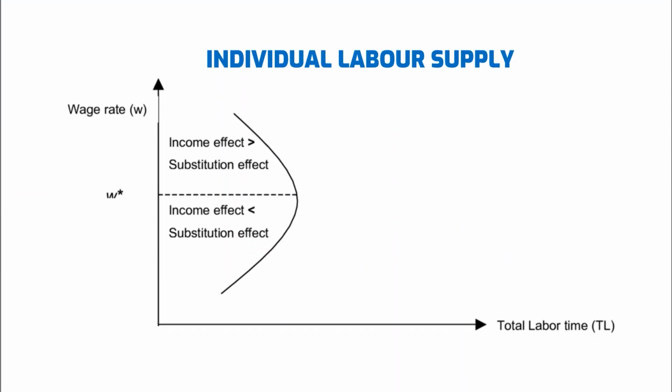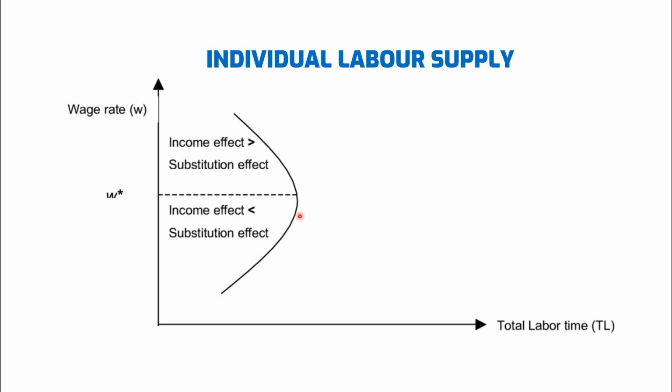Now let's visualize these effects with a labor supply curve. In most markets, we expect the supply curve to slope upward, meaning that as the price or wages increase, more of the good or labor is supplied. However, the individual labor supply curve is unique because it can bend backward at high wage levels. The upward sloping section, this part,